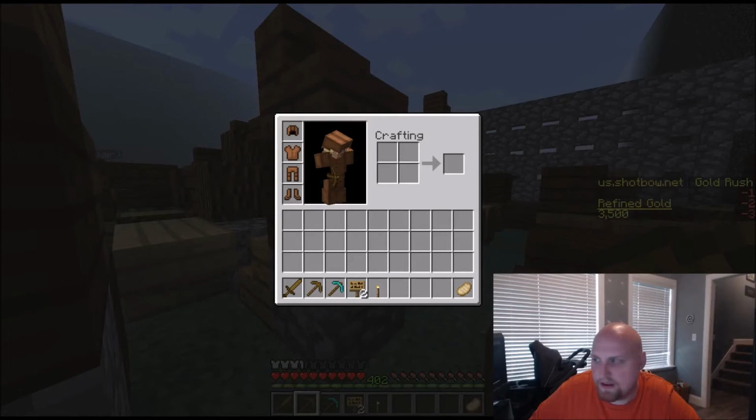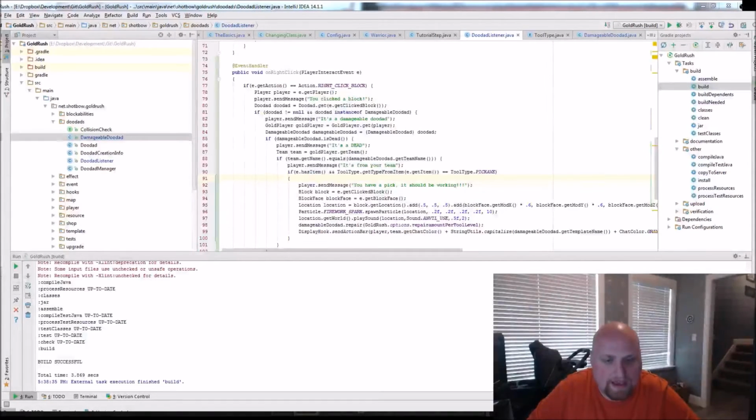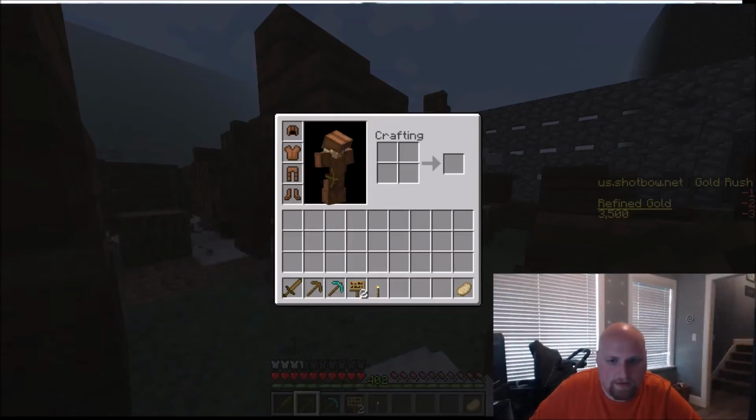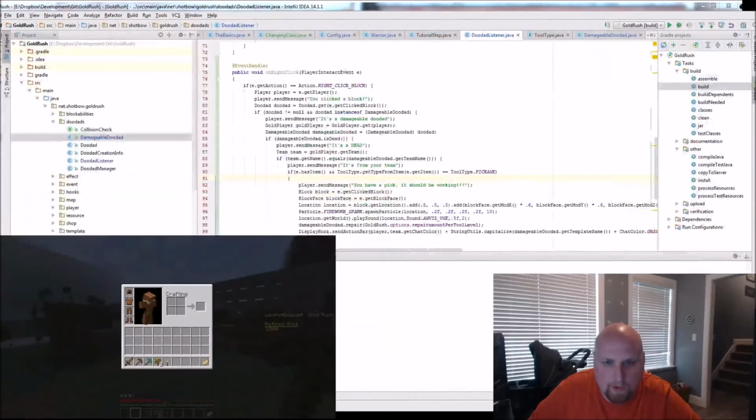But I'm going to go ahead and... oh, you guys don't see all of my debug text. I should probably show that, huh? Because I'm talking about it. Let me move you up. Ah, there we go. Minecraft can move up too. I'll just move it down into the corner here. Wow. Okay, so back to Gold Rush.